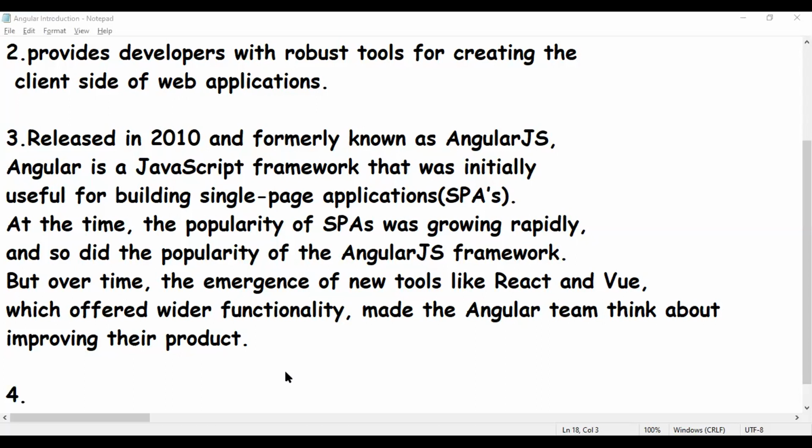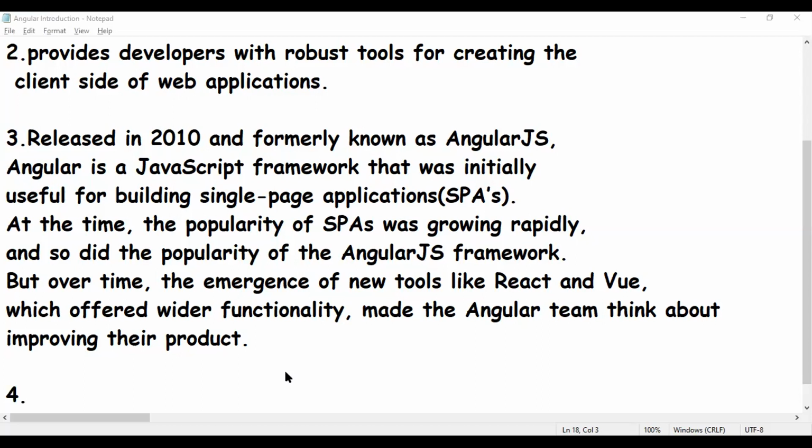Earlier it was called AngularJS. Now it is entirely rewritten. From the 2016 release, they entirely rewrote and released this tool, and they simply call it Angular, removing the JS part.